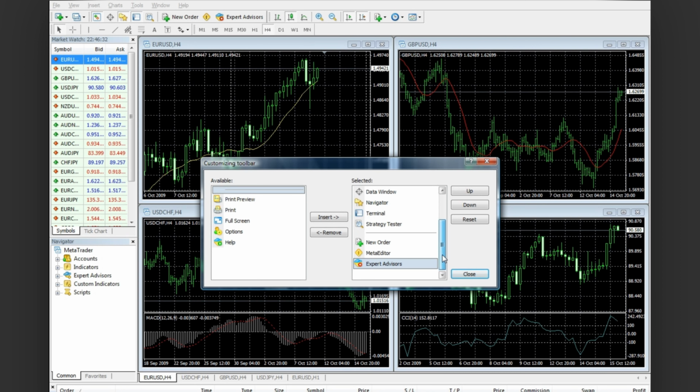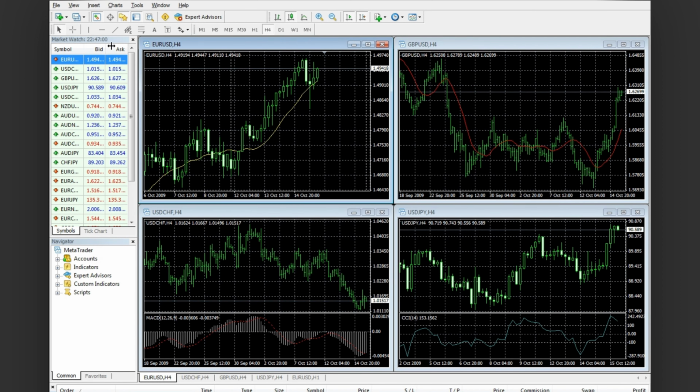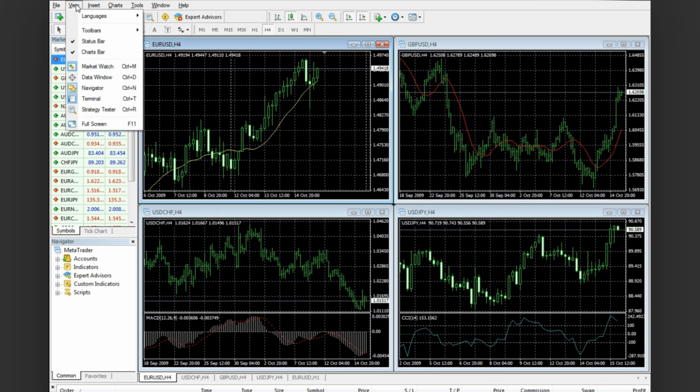In customize, you have an opportunity to change some things here. And this is set up for your standard toolbar here. If you wanted print preview, you could either insert that or you could remove it. New order, you can see here, you remove the new order. And you close that, then new order disappears. So go back to customize,